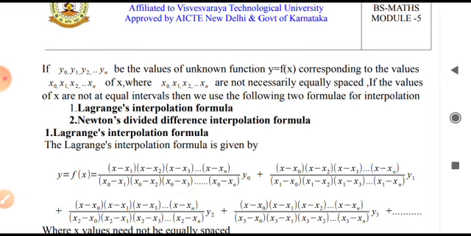The Lagrange's interpolation formula is given by y equal to f of x equal to x minus x1 into x minus x2 into x minus x3, it continues up to x minus xn, whole divided by x0 minus x1 into x0 minus x2 into x0 minus x3, it continues till x0 minus xn, multiplied by y0, plus x minus x0 into x minus x2 into x minus x3, it continues up to x minus xn, whole divided by x1 minus x0 into x1 minus x2 into x1 minus x3, it continues up to x1 minus xn, multiplied by y1